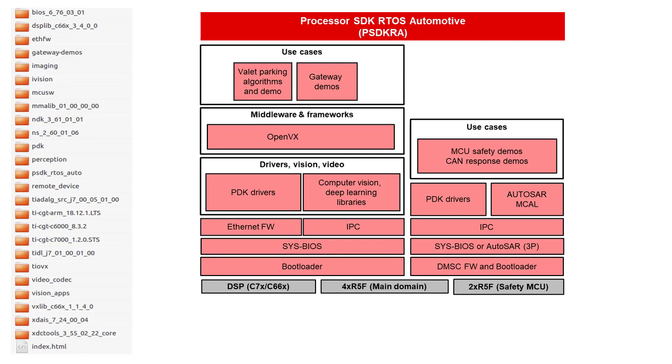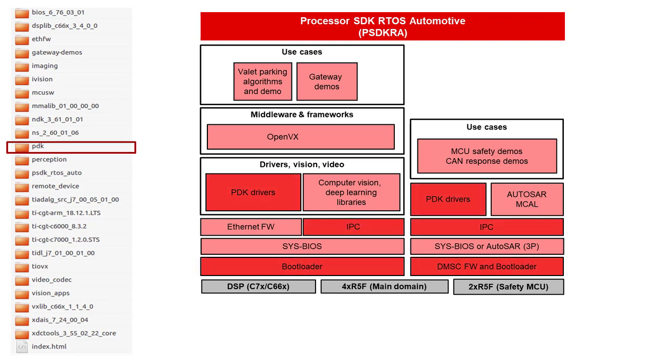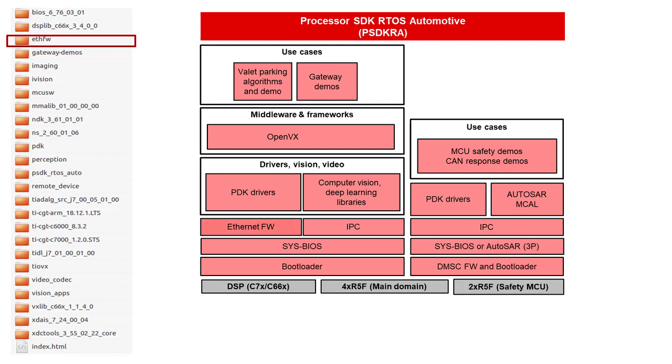Let us now take a closer look at the contents of the Processor SDK RTOS package. RTOS SDK package follows a modular approach and most SDK components are placed under respective component level subfolders. To start with, RTOS SDK is built on top of SysBIOS as the operating system. This runs on the R5F core and the C7X, C6X DSPs. TI's bare metal bootloader, system firmware binaries, inter-processor communication library, and various peripheral drivers are included as part of the PDK component. Then we have the Ethernet switch firmware running on the R5F core that manages the integrated Ethernet switch on the Jacinto 7 platform.